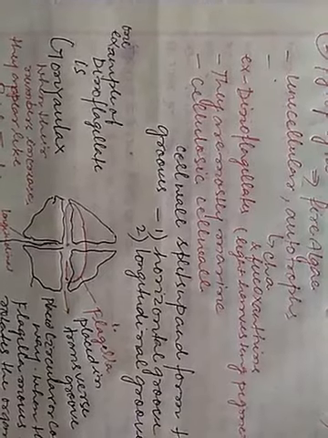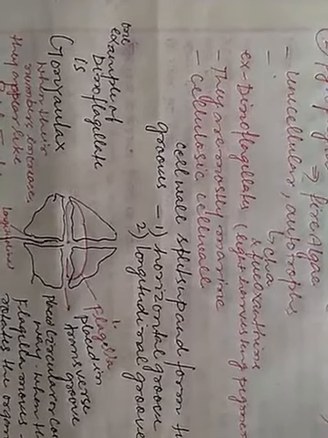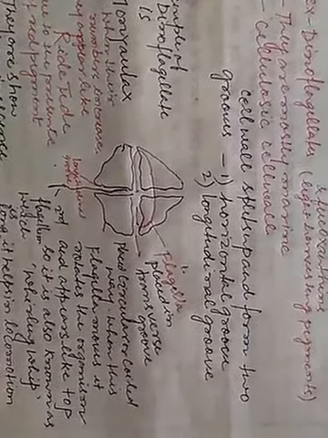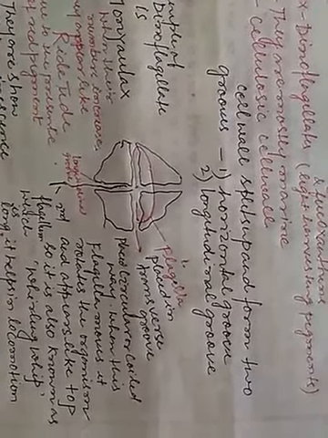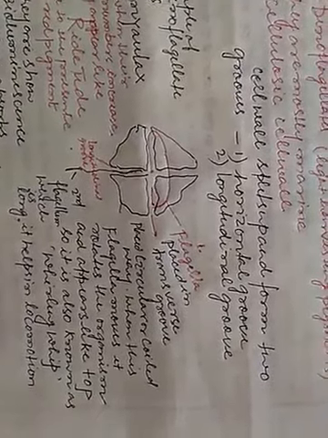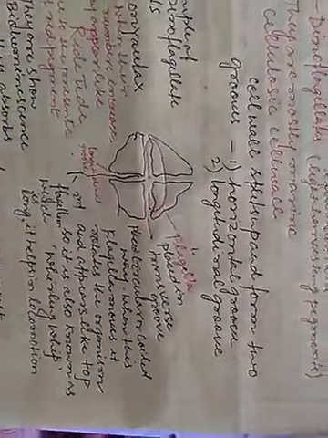Now see their characteristics. They are mostly marine, with a cellulosic cell wall. Now there is an interesting pattern seen here. The cell wall splits up to form two grooves. One is the transverse or horizontal groove, and the other is the longitudinal groove. And in these two grooves, the dinoflagellate has two flagella.